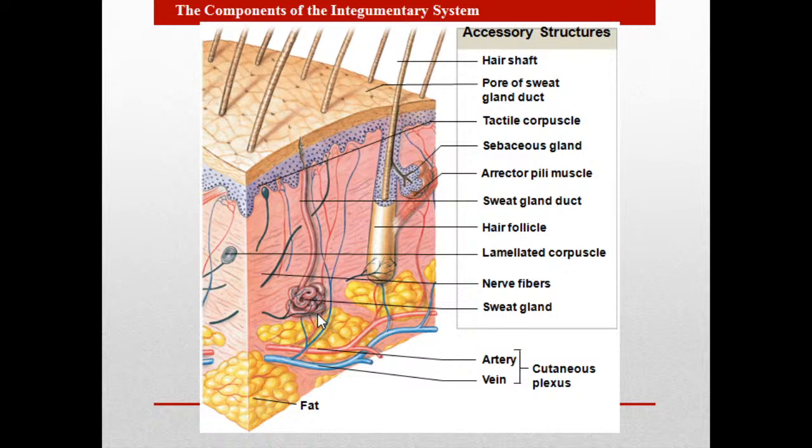Accessory structures: sweat gland, sebaceous gland, hair follicle, nerves, vessels, and